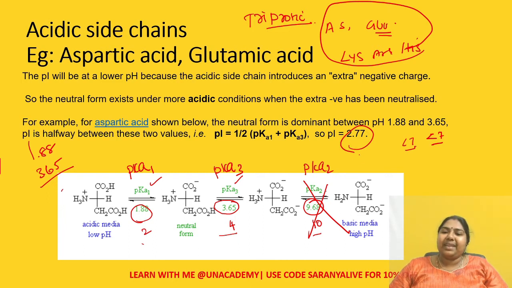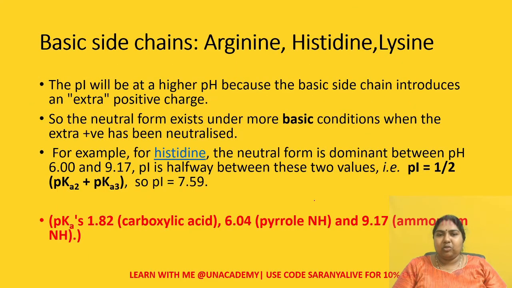Got it? How to eliminate the third one? The logic is that if it is going to be acidic or if it is going to be basic, that is the concept here. Okay, if it is going to be acidic, then you will take these lower ones. If it is going to be basic, you will take these higher ones. But at the exam time, you will not remember which one is giving what. So that's why I have asked you to do this odd man out method.